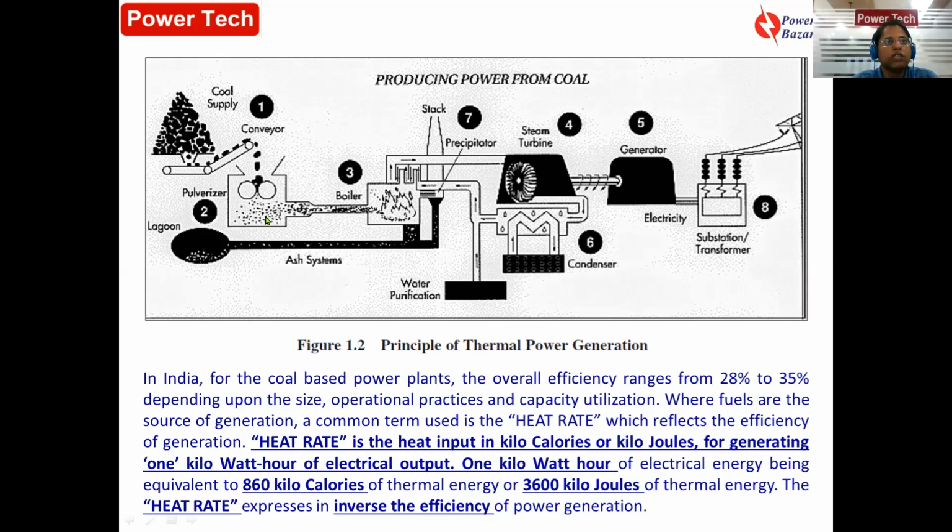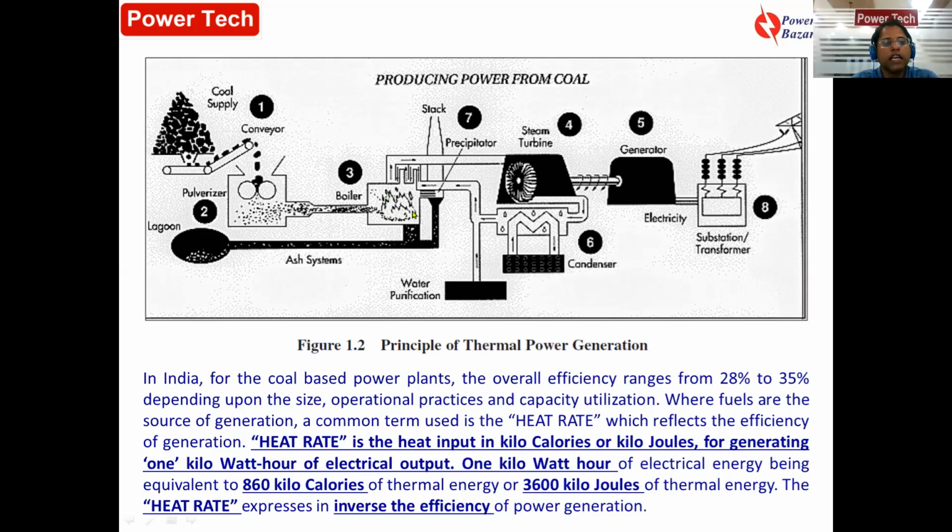Why is sized coal required? To improve combustion efficiency. So in the crusher it becomes pulverized or sized. Then this pulverized coal or the sized coal is fed to the boiler, where, because of the ignition temperature, it catches fire and this coal burns. Then you supply primary air and secondary air. So you control the combustion and you burn the coal.